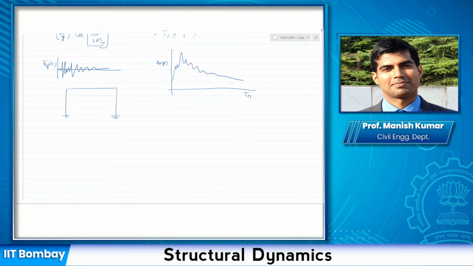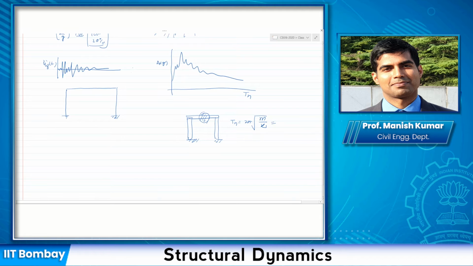So you are going to come up with the initial trial design, some dimensions of the column and beam, and then you are going to estimate some forces, and then lump the mass. We are only considering a single degree of freedom system representation. And then you are going to find out the time period of the system for the initial trial. So you are going to find out what this quantity is here.